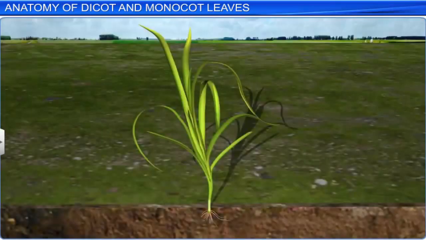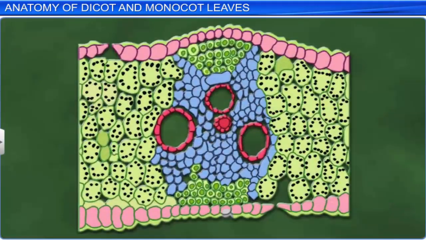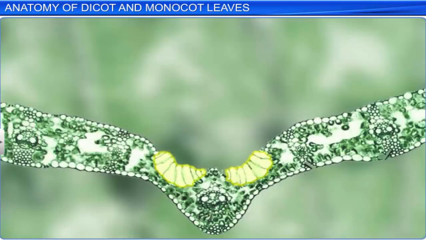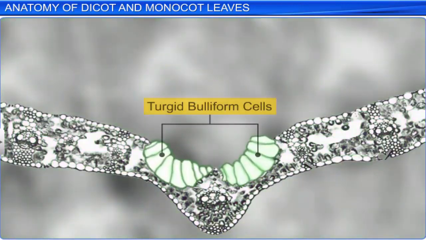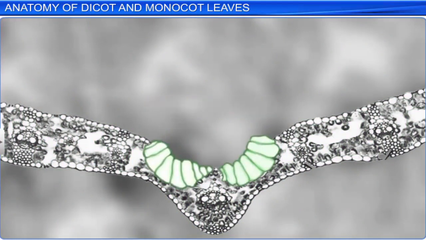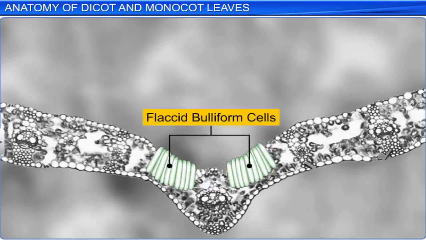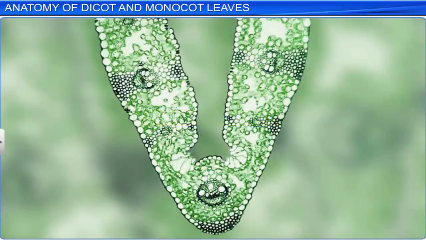In the leaves of monocots such as grasses, veins and cells of the upper epidermis modify themselves as large, bubble-shaped, colorless cells, also known as bulliform cells. On absorption of water, bulliform cells become turgid and expose the leaf's surface. Conversely, in water stress situations, there is loss of turgor pressure and bulliform cells become flaccid. As a result, the leaves curl inwards to minimize water loss.